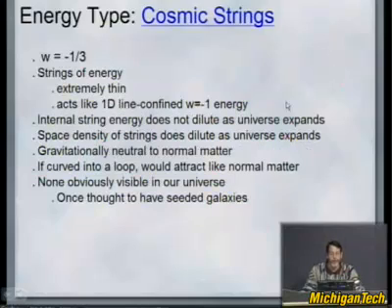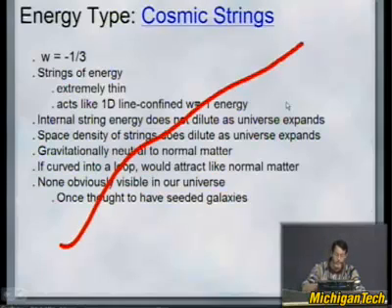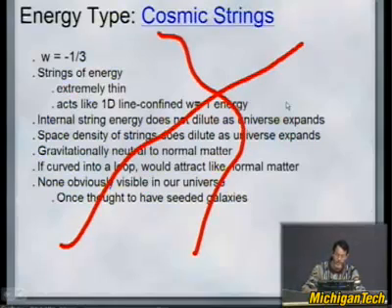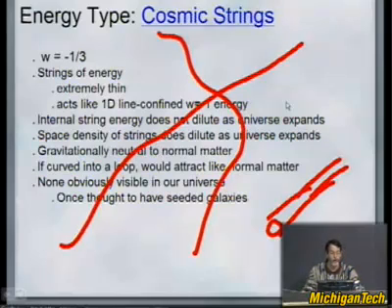The next thing, this is more popular in the literature, cosmic strings are the next form of mass energy that could exist in the universe that is a perfect fluid in the large sense. These are strings of energy. They're extremely thin. They're not necessarily tubes, but they do have a width if you go right up to them, just like the domain wall has a width. If you go near a cosmic string, if you're a human, you will not feel either attraction to it or repulsion from it. They're gravitationally neutral.